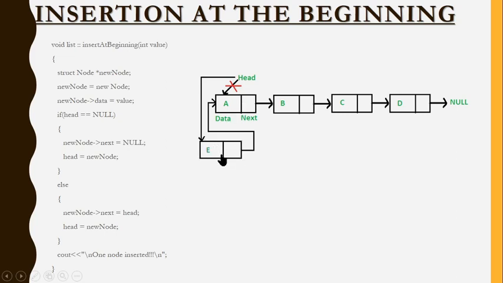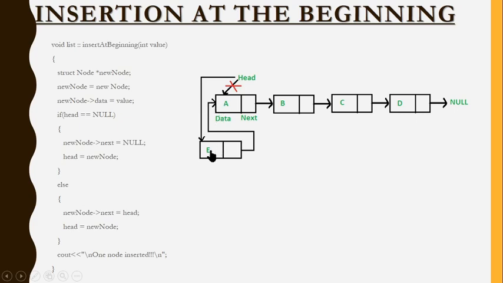Other case, if this is going to be inserted with the existing nodes, what do we have to do? First, I need to create this link. How will you create this link? We have to bring A's address into this E partition. Remember, before A, I'm going to insert this E. We know that B's address is here, C's address is here, and D's address is here. The same way, A's address should be passed over here in this slot. Once you pass this, automatically the link will be created.